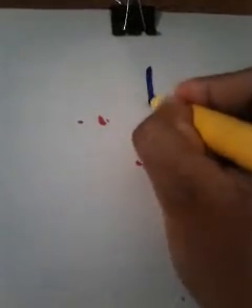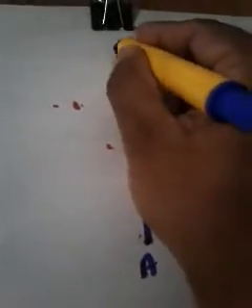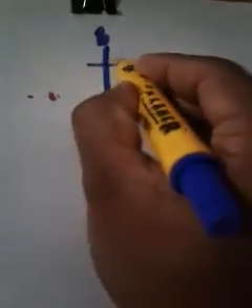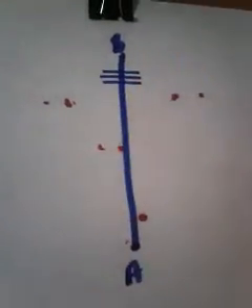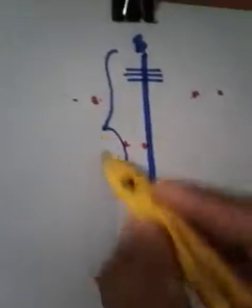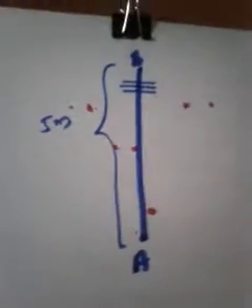Okay, so let me draw a post now. This is the post. Let it be AB. AB represents the electric post, you may have understood. Okay, what is the total height of the electric post? It is given in the question: 5 meters. Any problem? This much is clear, no?